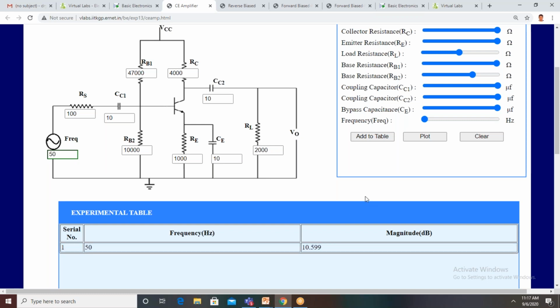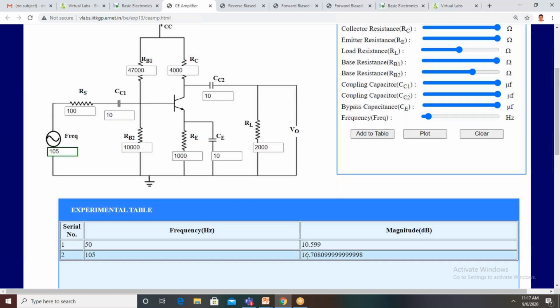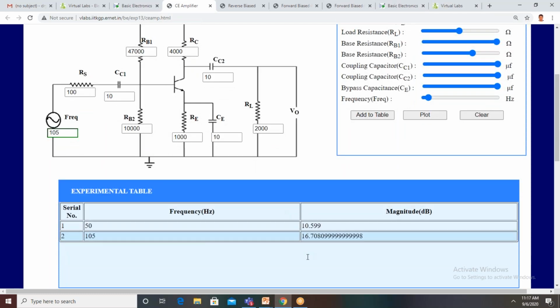Then we go for 100 Hz. You apply 100 Hz, then add to table. At 100 Hz, with 50 millivolts input voltage, the gain is 16.70 dB.